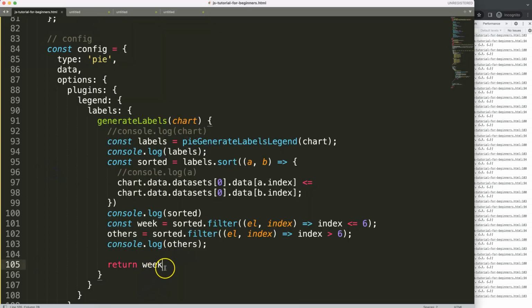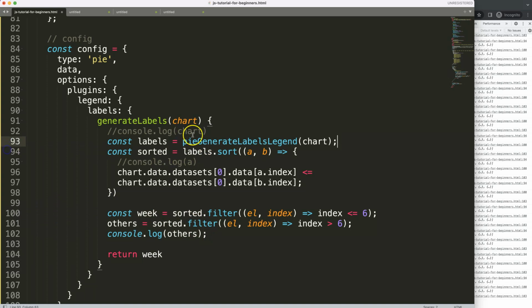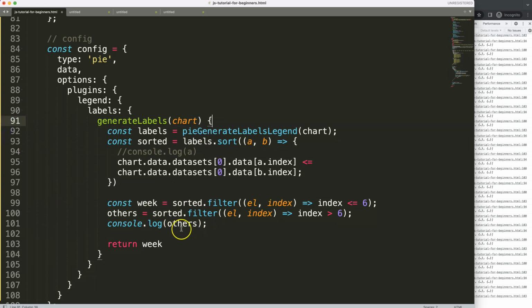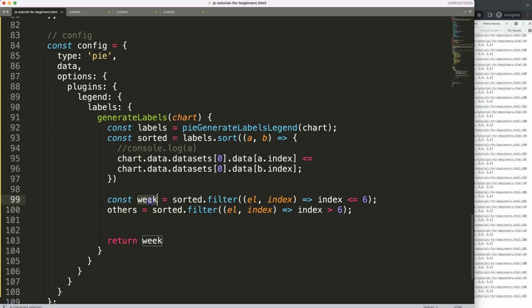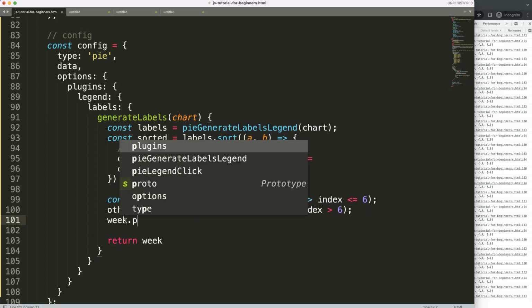To do this, all we have to do is work with the week array. This is basically an array in itself. So let's remove all of this excess code. We don't need so many of these console logs, it looks like a mess. And in here, in the week, we have to create a new element, or a new array, which we can do with push. So the push method. We're going to say week.push,